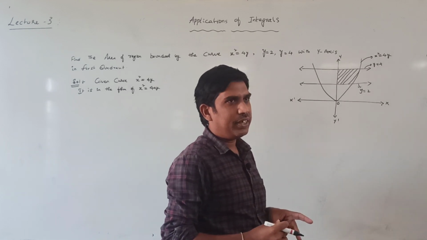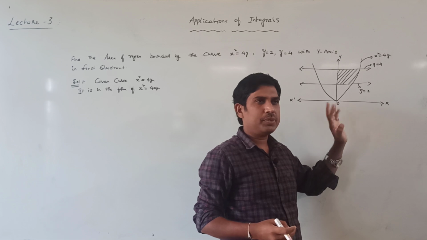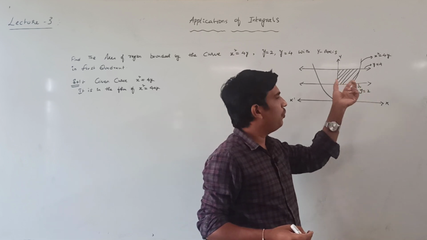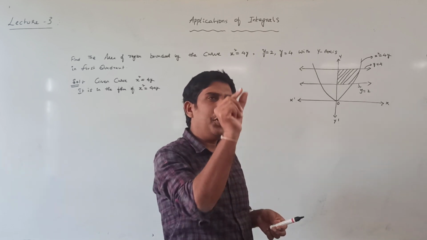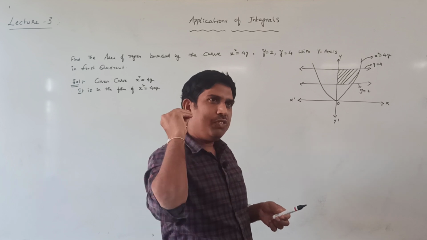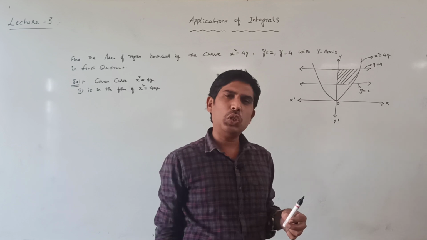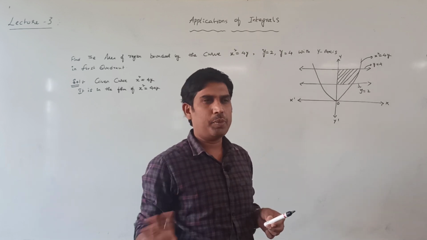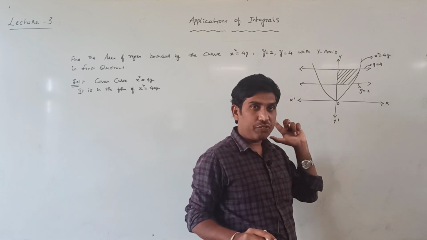So that area we have to find out. No need to draw even the vertical stripes, horizontal stripes also, just the region if you shade also it is enough. In yesterday's last two classes we drew one horizontal stripe, vertical stripe like that. So if you drew, no problem, else if you shaded the region also, no problem, you will get the marks, no problem about that. So therefore this is the shaded region we have to find out.